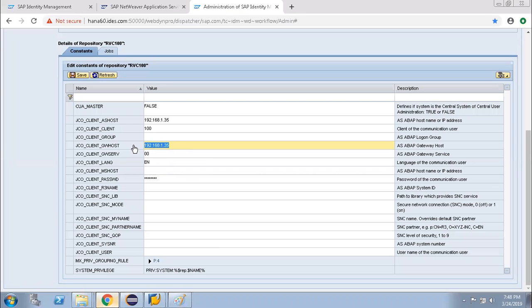If you want the gateway host name, you can put the name ECC-EHP6.IDES.com. Usually the host name is the same. Yeah, that is also the same. Correct. So we can put these things in the host name as well. Just remember, if it is not working, we can change it later. I am putting it because usually the host name and gateway server are the same.